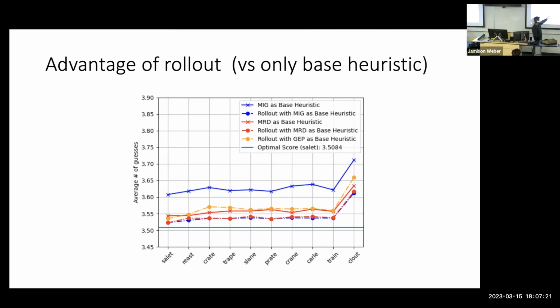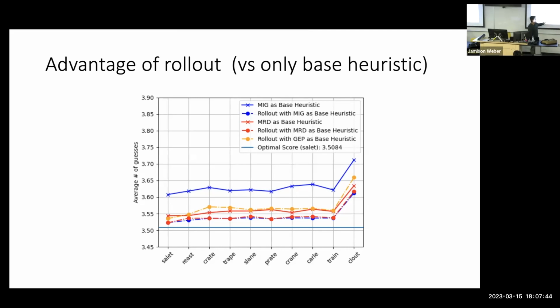And all the line plots with the crosses are essentially the line plots for the base heuristics, and the ones with the dots are the ones with the rollout. So the line plot with the crosses for yellow, which was the GEP heuristic, does not exist because all the scores here that I haven't shown here are above 5, are in the domain of 5 and 5+ average number